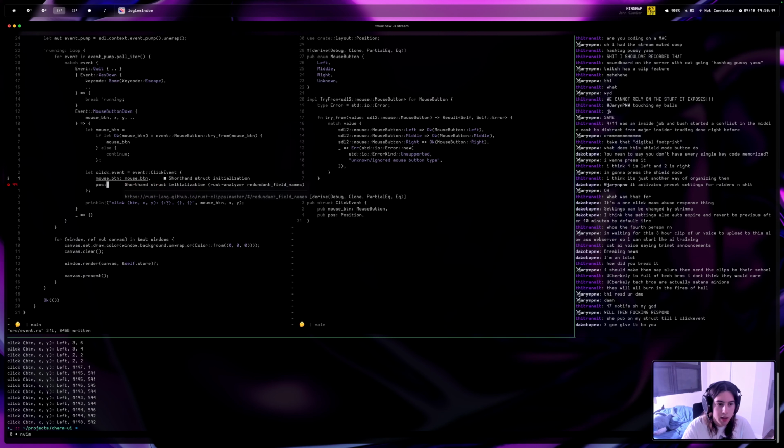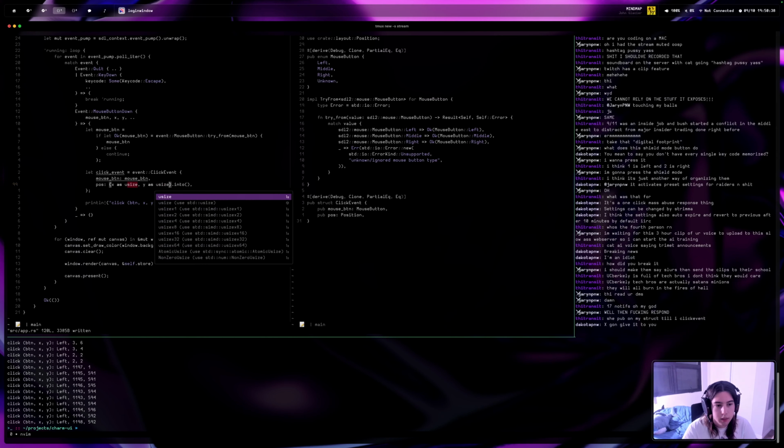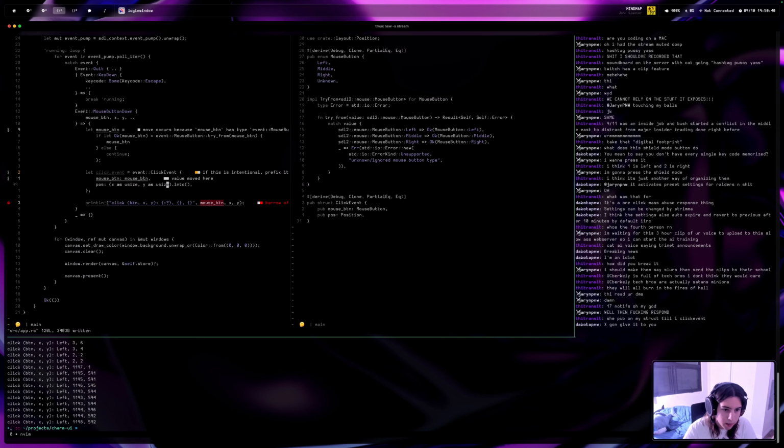I think Rust gets mad when you use shorthand for one field and not for the other. And you can do xy dot into. Oh, of course, it's an i32, so we have to do x is usize, y is usize. There we go. And now if we print the click event and debug print,